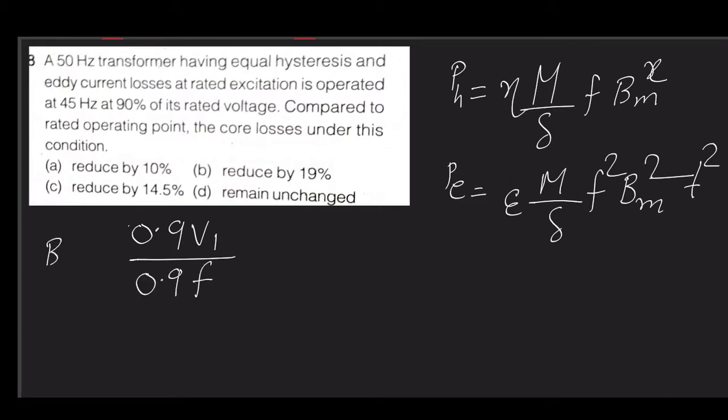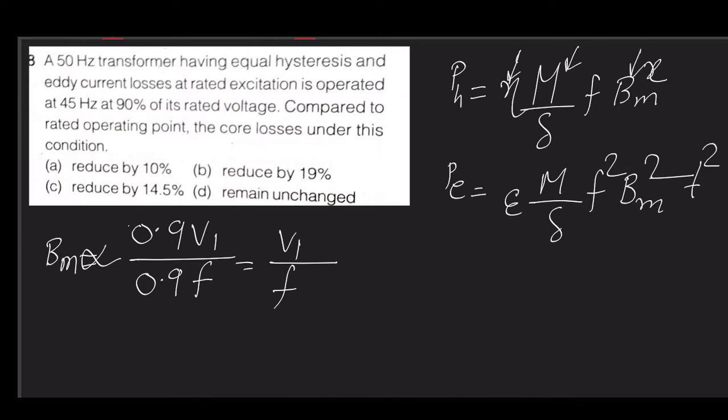So what we can understand is that Bm remains constant. If Bm remains constant, while investigating the new value of hysteresis and eddy current loss, we can simply consider this